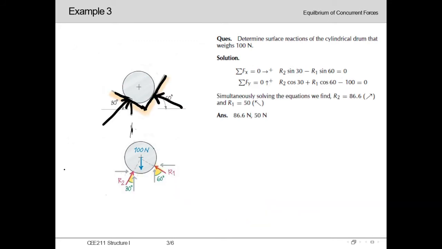Using this same concept over here, as this reaction force is acting perpendicular to an inclined plane, it will have two force components, one in the vertical direction and one in the horizontal direction. So this angle with the vertical will be 30 degree, which is the same as the angle this plane has been created with the horizontal axis. So denoting this 30 degree over here, we can easily determine this will be 60 degree. Similarly, as this plane is 60 degree with the horizontal surface,